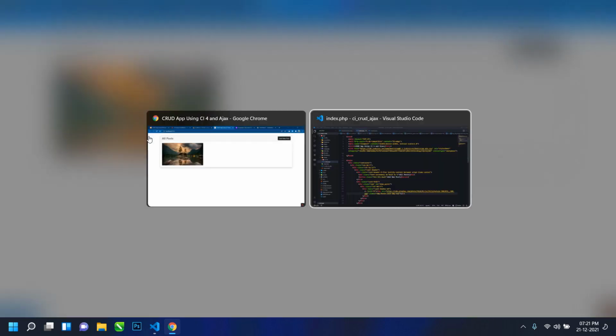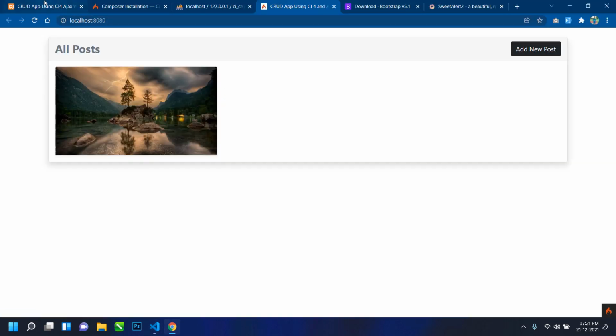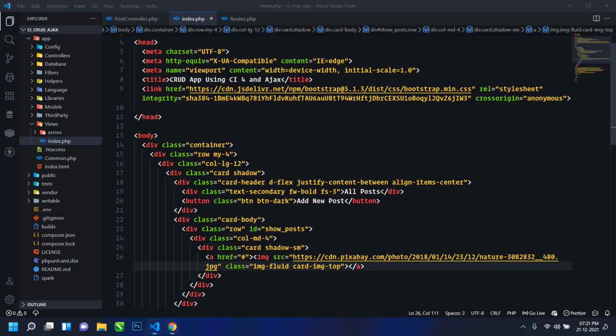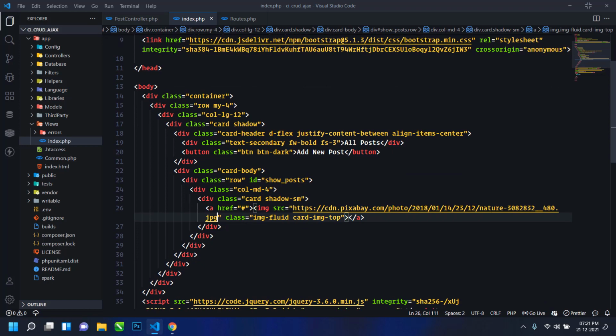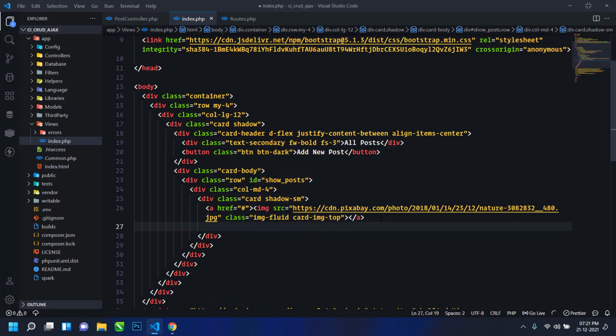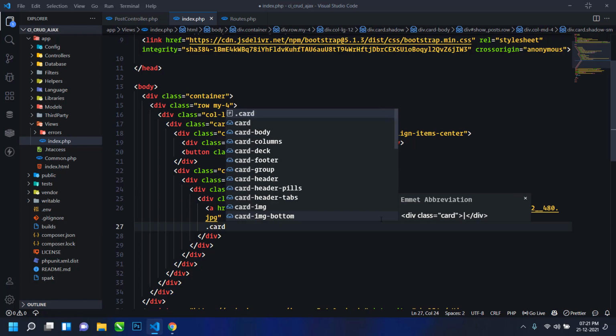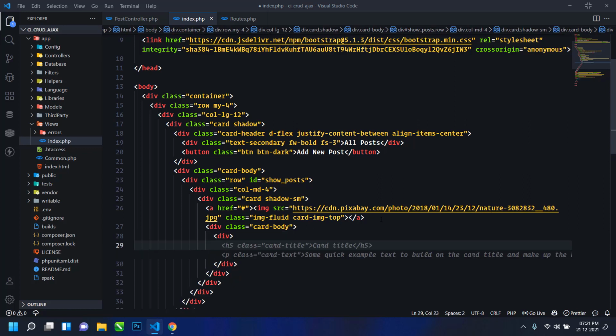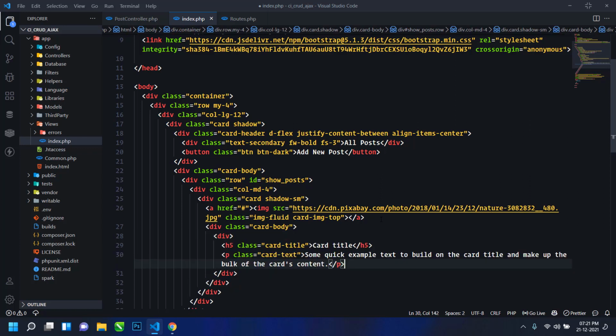Now next, if we come here, you can see this is the title and this is the category. So let me design it like this. Just below, I will use card body. Now here I will use a div, and first I will display the title.